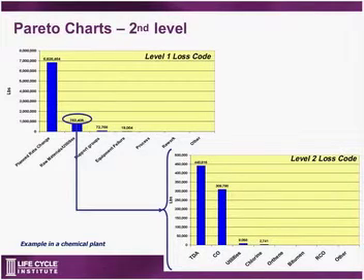Now maybe some of you were asking on the first level Pareto chart why planned rate change, even though that accounts for potentially 80-90% of our losses, why we won't go after that one first. With this example, planned rate change was part of the business case, part of the production planning, and that was not able to be addressed. So we focused on the equipment issues, and we went after the things that were able to be addressed.